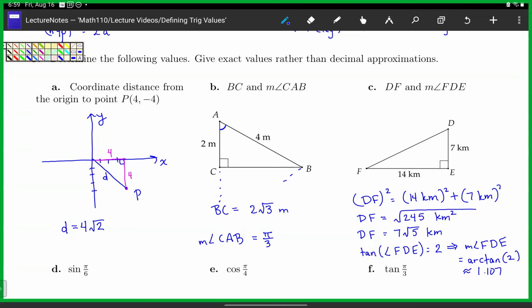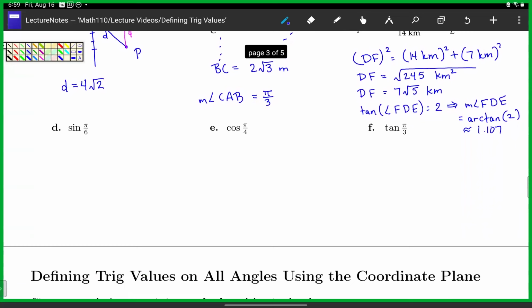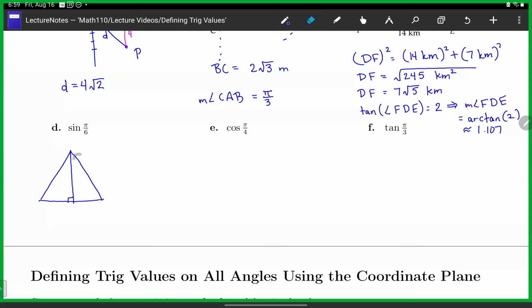Okay, so sine of pi over 6. Pi over 6 is part of our half equilateral triangle, a special right triangle, so I'm going to draw my equilateral triangle. Here's the half of it. I'm going to go ahead and erase some pieces of it. Okay, so this is the pi over 3, the pi over 6,